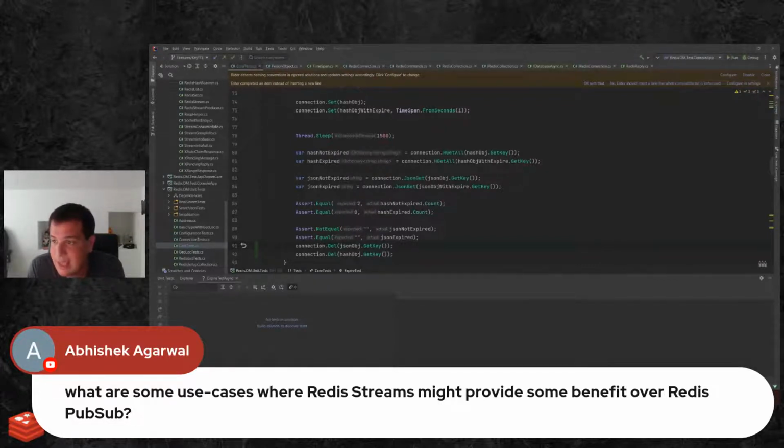However, if your connection drops for some reason, or if a consumer hasn't connected yet, they're not going to receive the message, and that message will just be forever lost. What's nice about streams is it actually persists those messages inside of streams. The disadvantage is that you actually have to come in and consume them rather than having them actively pushed out to your instance. And you can consume them in a blocking way,